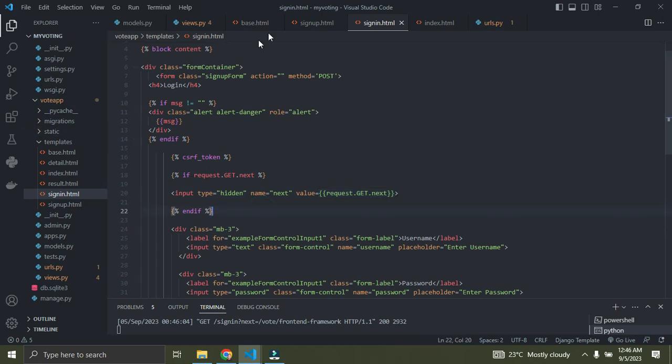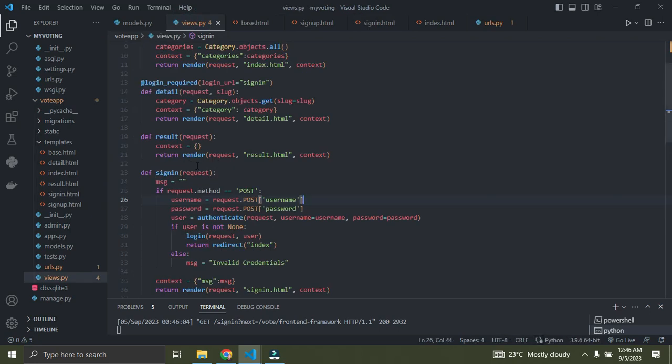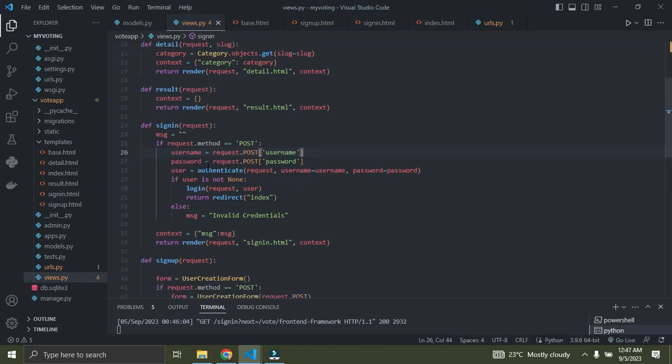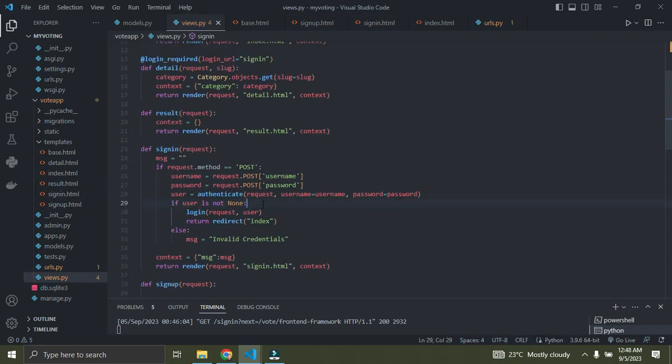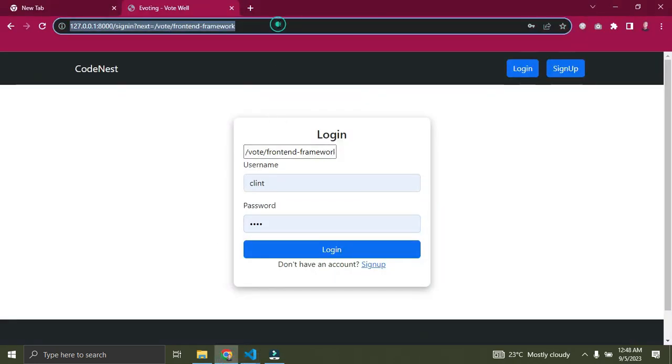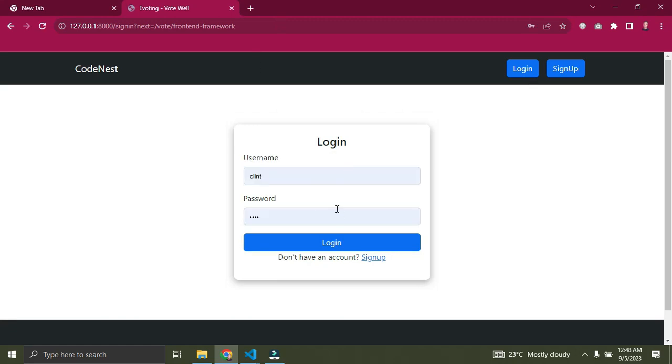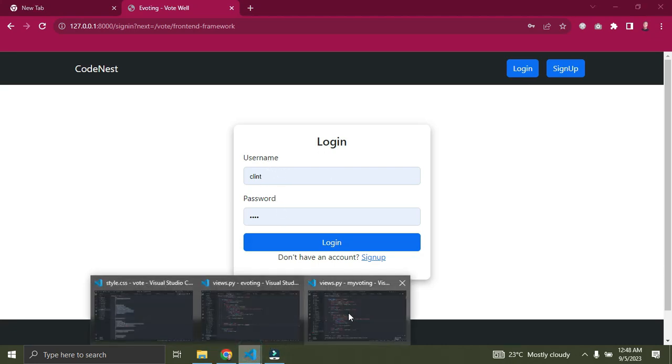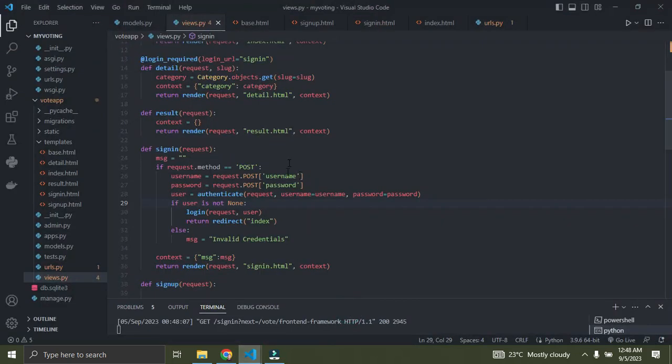So I'm going to come down to my views.py file. Now in the sign in view, remember I told you before that in the sign in view we are going to have access to the three fields: the hidden field, the username field, and also the password field. So under this if block, if the user is known, I have to log in the user, right? And before I do that,